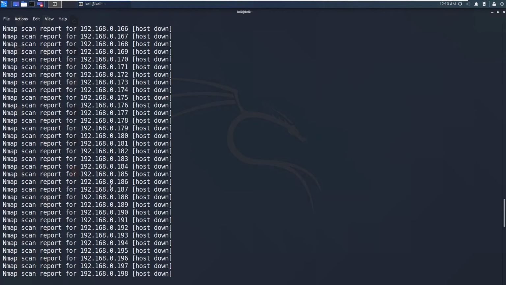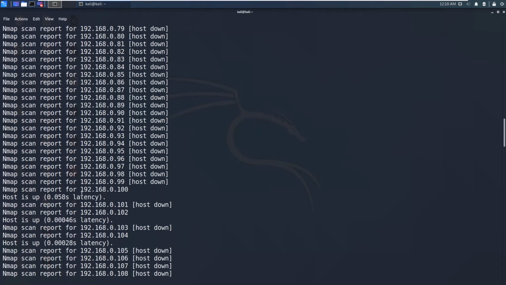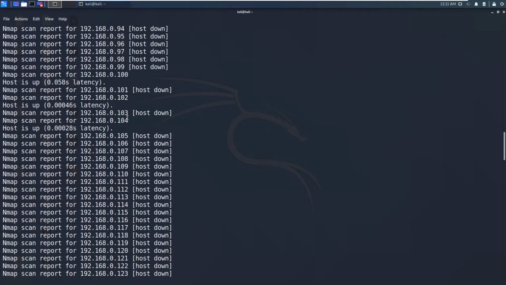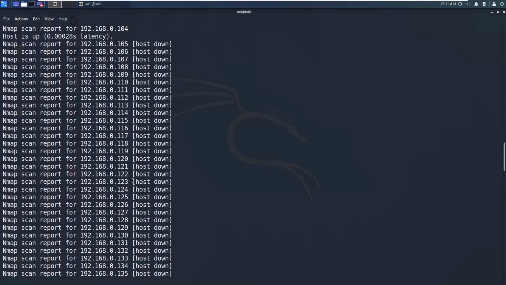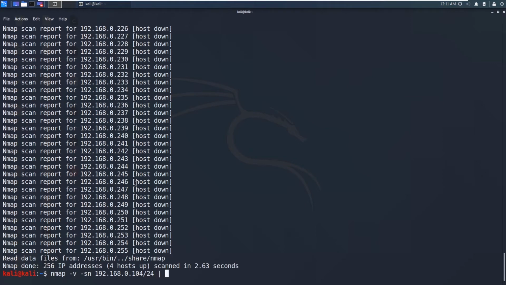So as you can see, we got a lot of hosts down, and you can see here some of the hosts are up. You can see host is up, 100 is up, 102 is up, 104 is up. So if you are scanning like 1000 computers, then you will get most of the computers down, right? So to filter only the live hosts, you can say grep -v for inverse. Whatever pattern I give here will be searched, and anything not matching that format, I will get as the results.